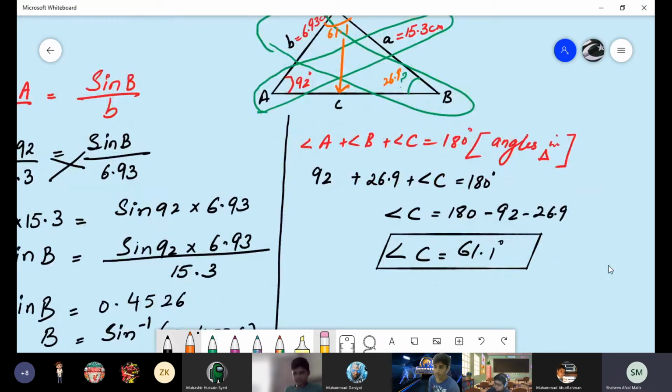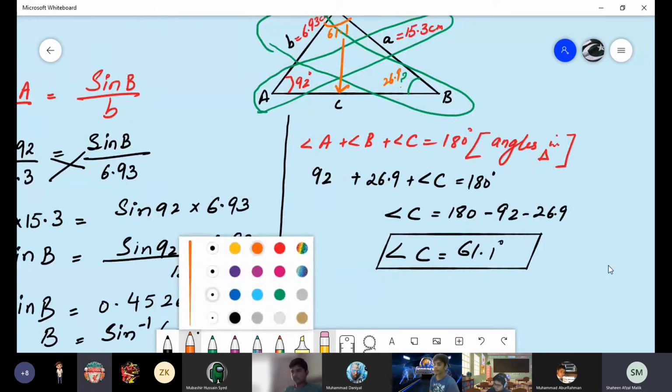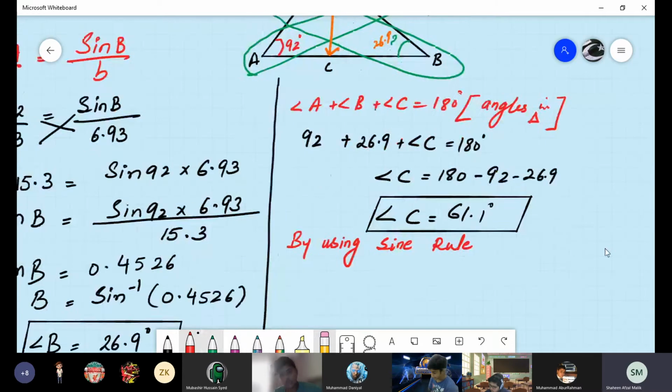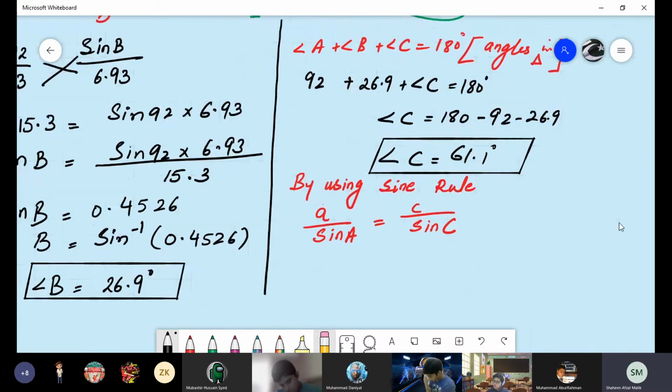Again by using the sine rule. So again we will use the sine rule, by using sine rule to find the missing side. Okay, so to find the missing side, it means side will come up. Which side is already given to you, you can take that one and then the missing one. Substitute the values. What will be the values here?